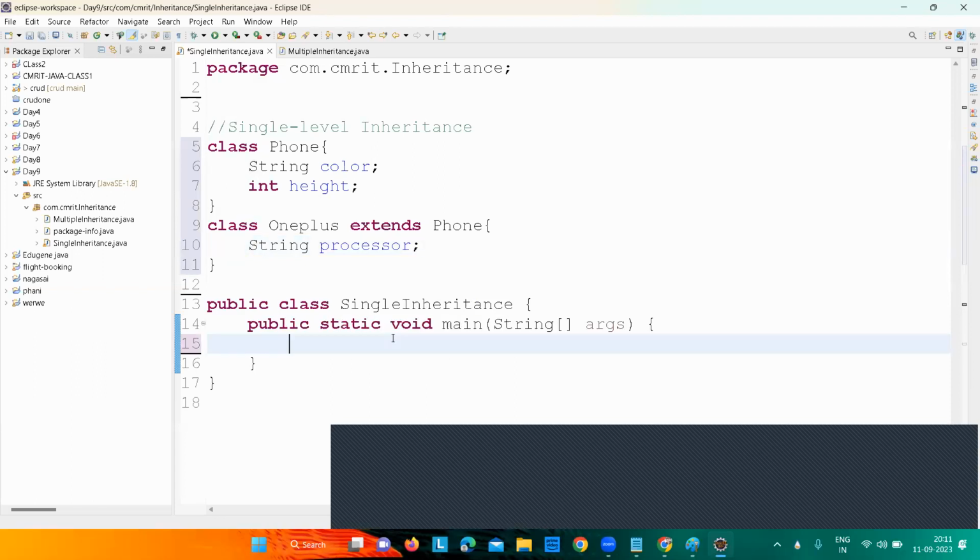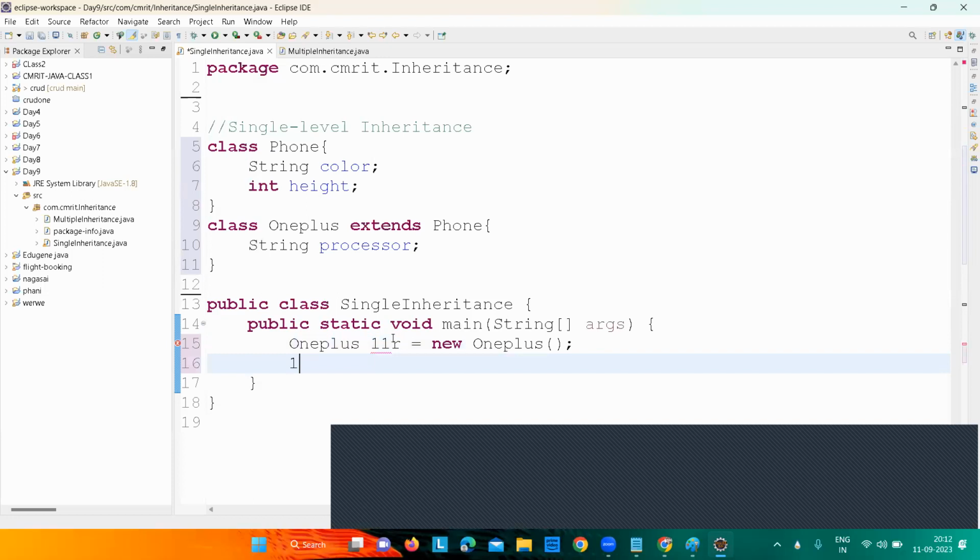So to achieve this, we can say OnePlus 11R is equal to new OnePlus, and I can say 11R dot